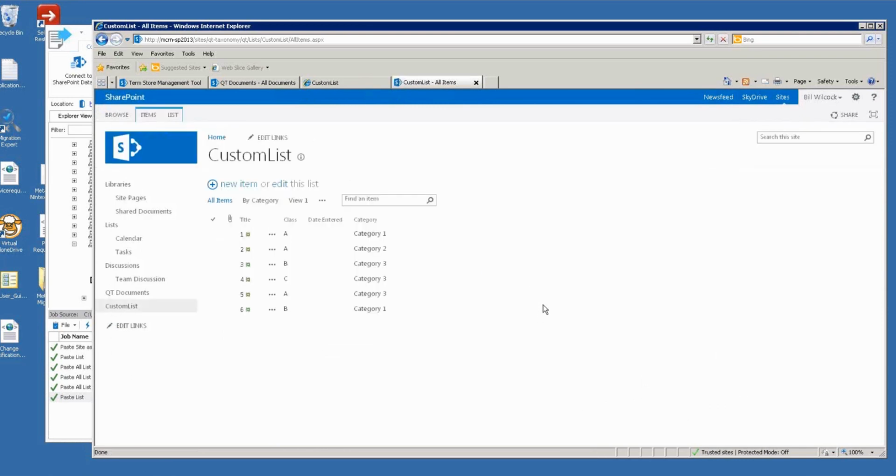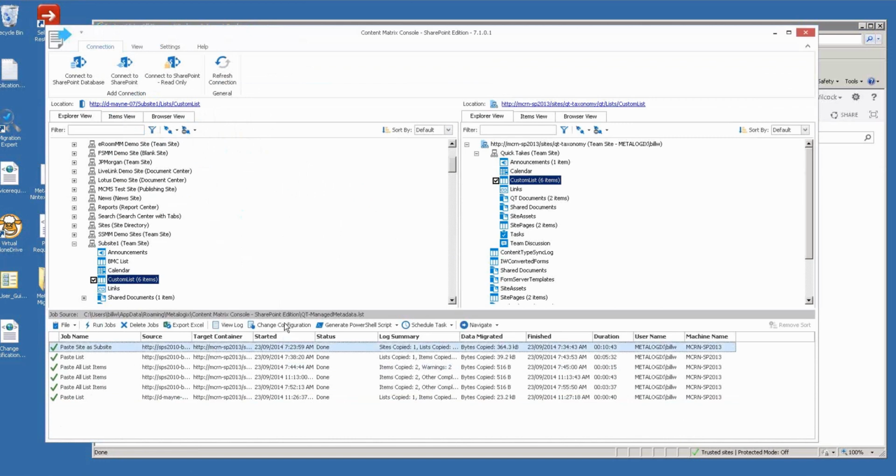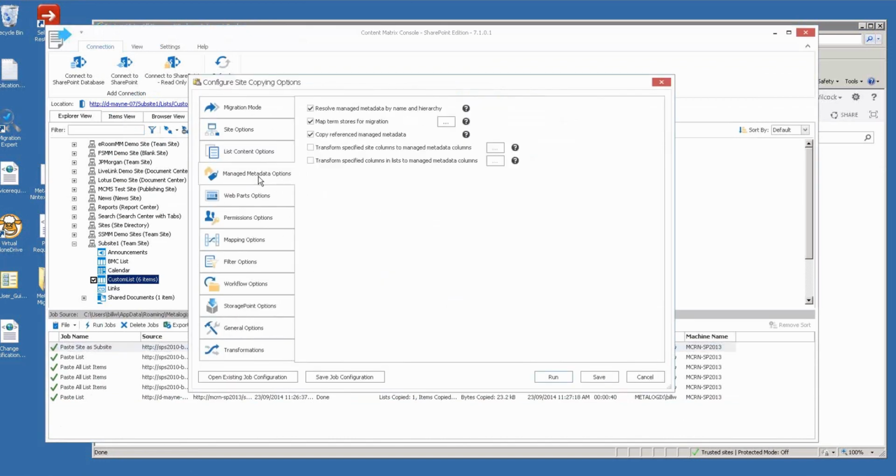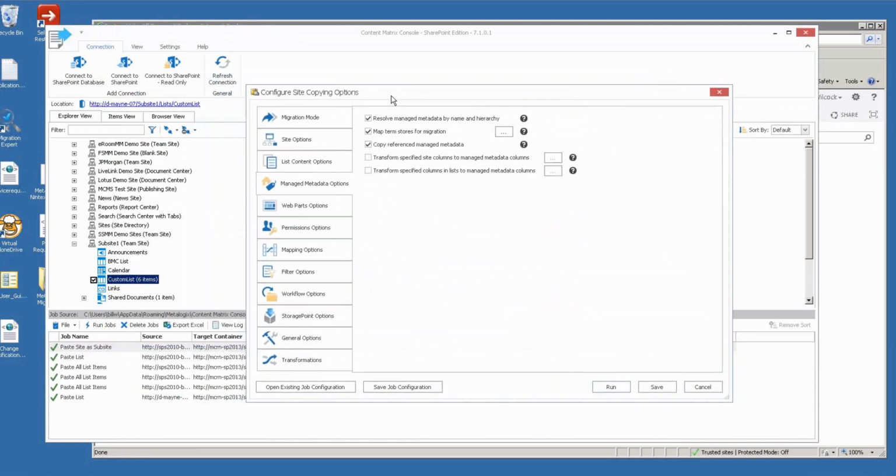And maybe just in the last few minutes, I'll go back over those settings, because I know that they can be a little confusing as to when you actually want to choose them. So basically, these two fields are the most important: resolve the metadata by name and hierarchy, and copy the referenced managed metadata. So resolving by name and hierarchy means we look at the source name and we look at where it's located in the term store, as opposed to where we originally copied. We just found metadata and then we just looked for the term GUID pair and tried to add it to the target. That had a lot of issues attached to it,